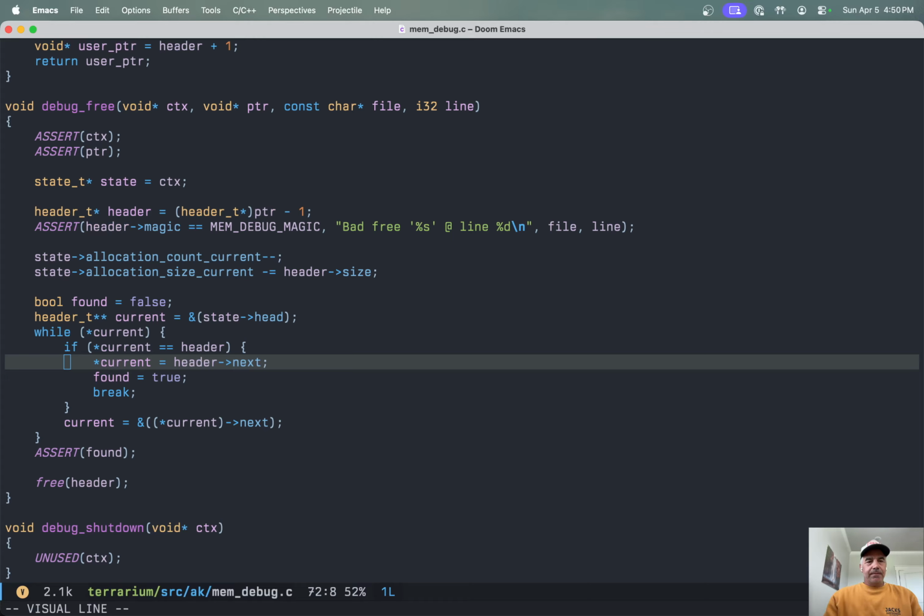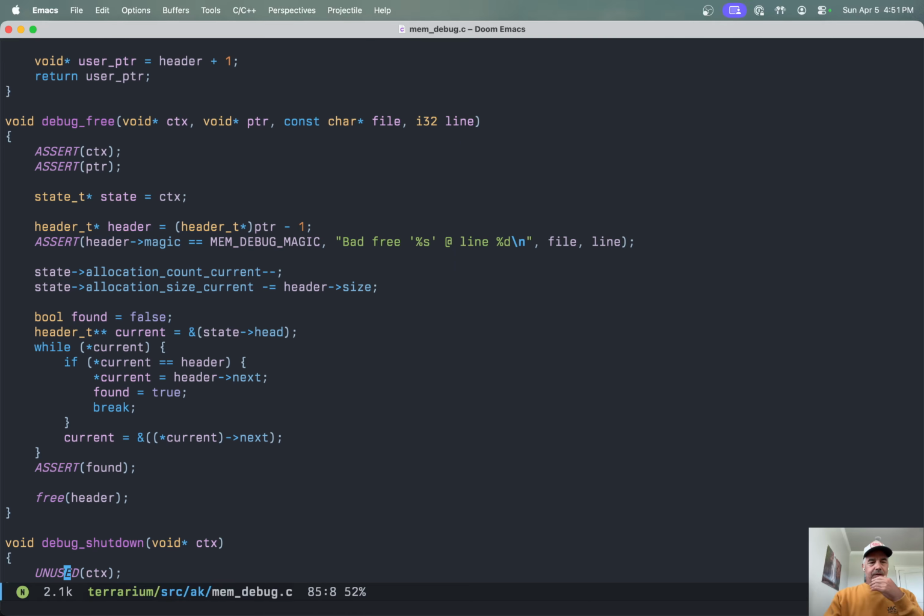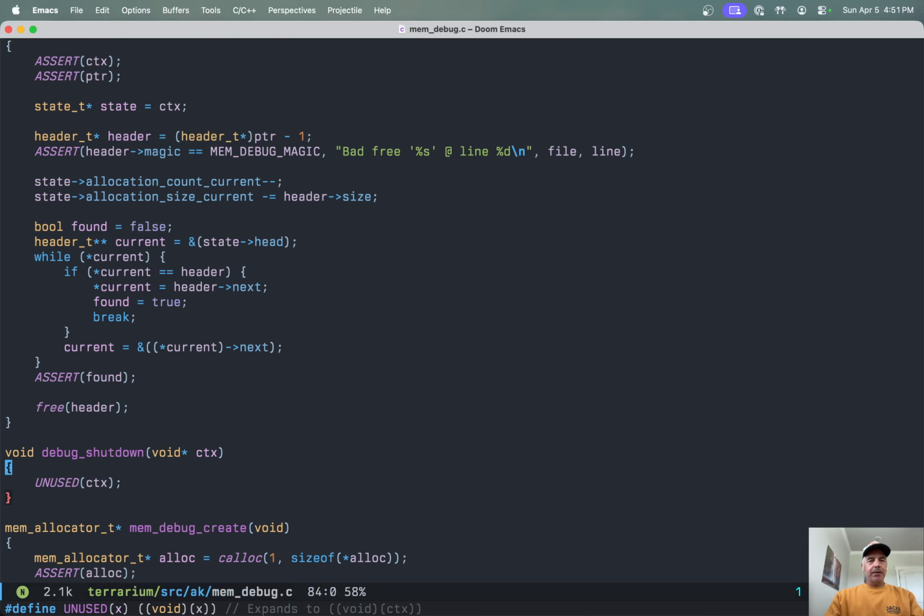then we're setting the current one to the next one, because we're essentially taking the one we're deallocating out of the chain, out of the linked list. So we're pointing it to the next one, which I feel like I'm leaving something out, but I don't know. Let's do shutdown. I'm going to leave this for now,